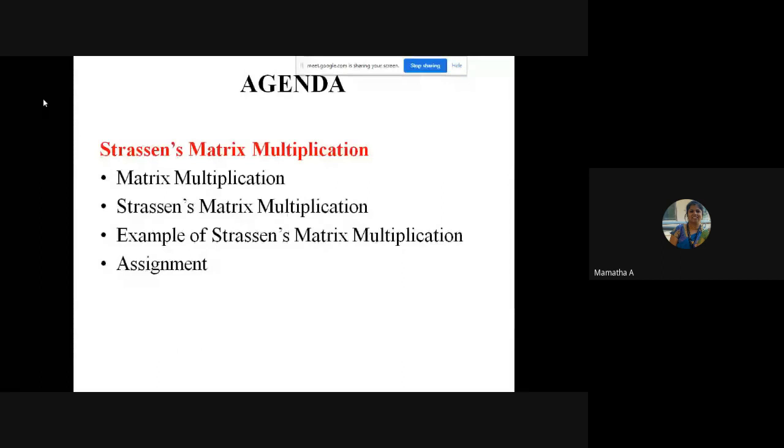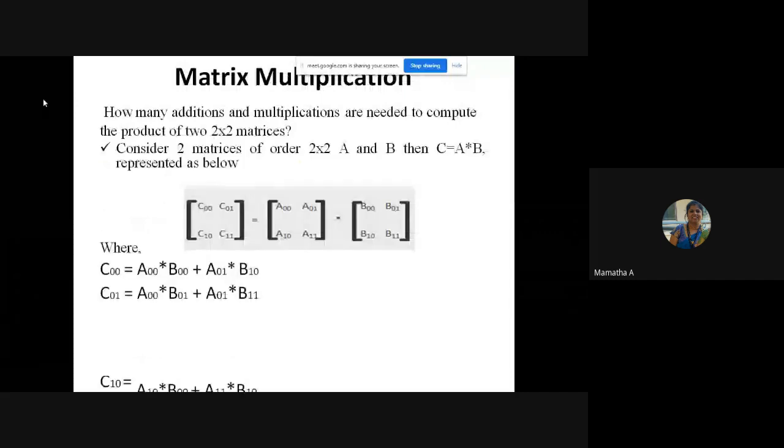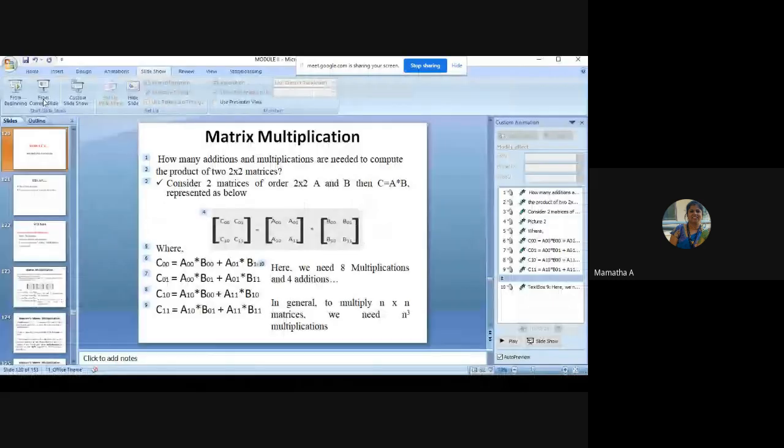Now the problem which I am stating, Strassen's matrix multiplication, at this point of time you would have got to know it is an algorithm that deals with matrix multiplication, wherein the matrix multiplication is done by using a divide and conquer approach. So we divide our concept of matrix multiplication and then try to conquer it to get the final answer. How is it done? We will see.